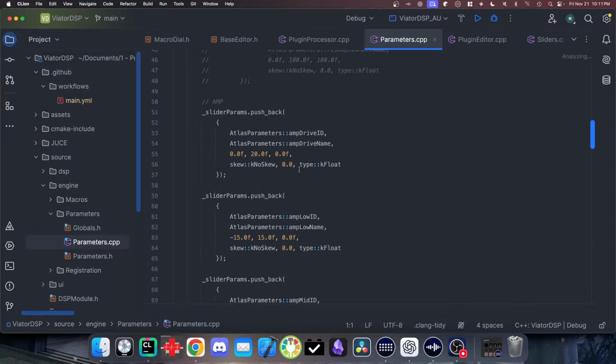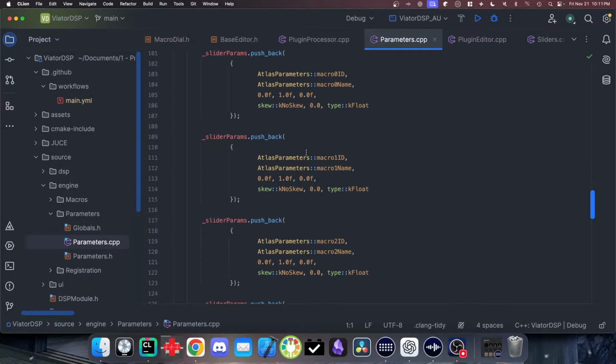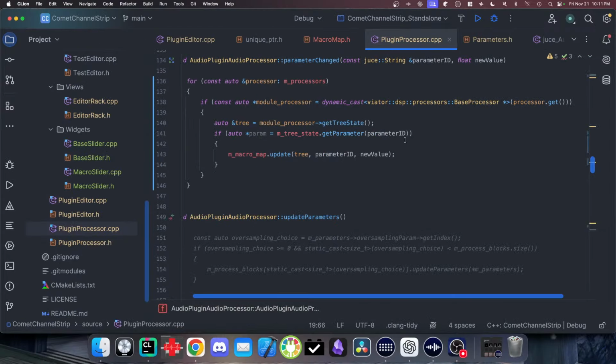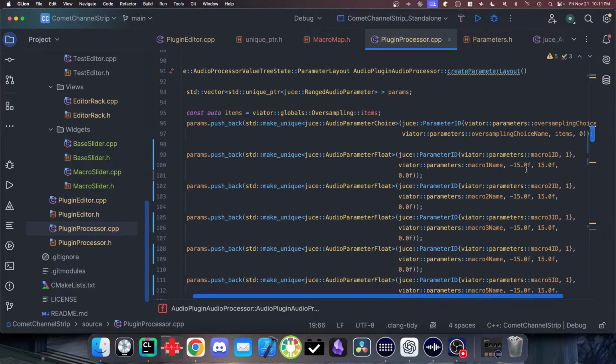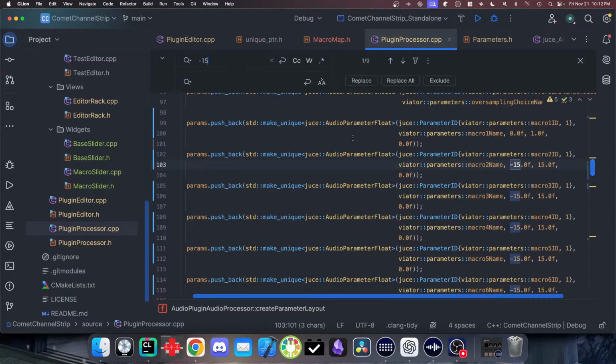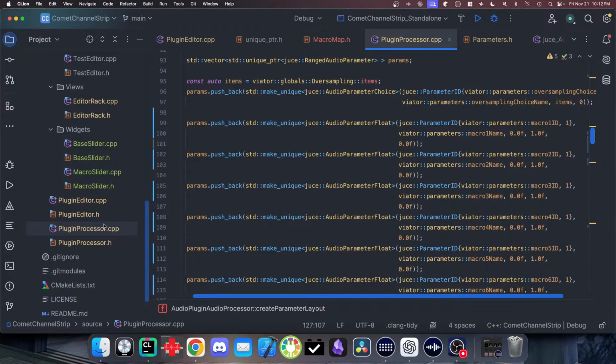Okay, gain, whatever, that's stuff that doesn't actually exist. Okay, macro 0 to 1. That could be why. Let's see. Oh yeah, I made the macros negative 15. Okay. Oh. All right, let's see. And replace 15 with 1. Okay, so